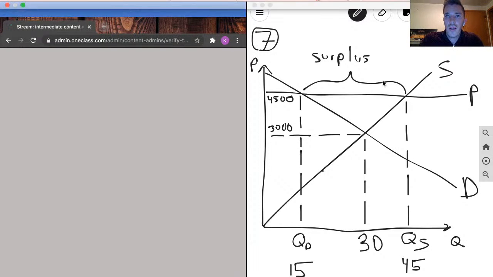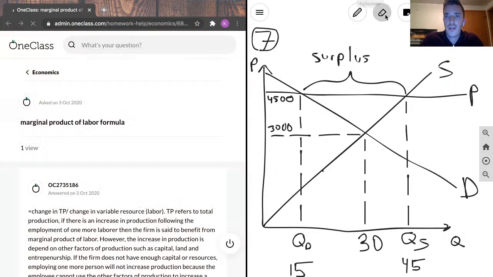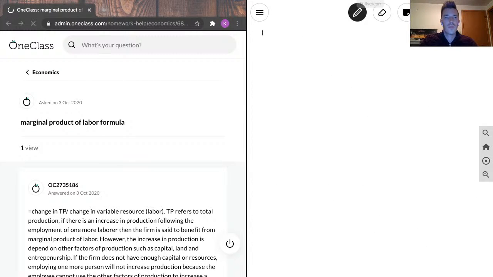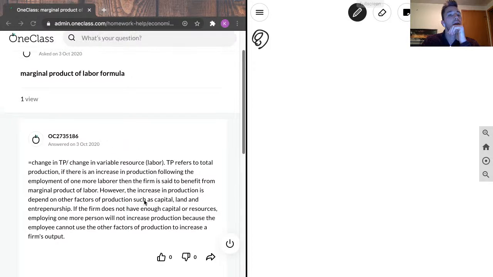And we can move on here to question 8. Marginal product of labor formula. Did I not just do this? So I did a couple of questions ago. Regardless,